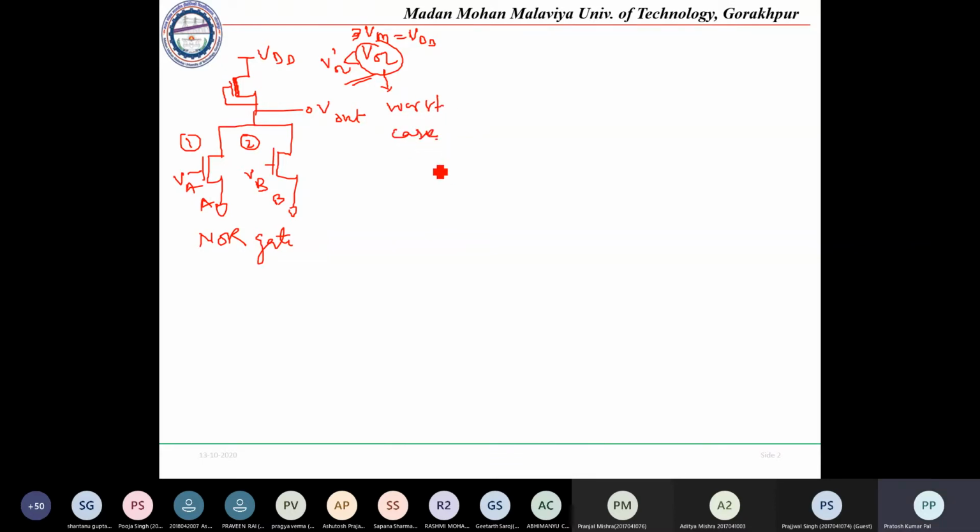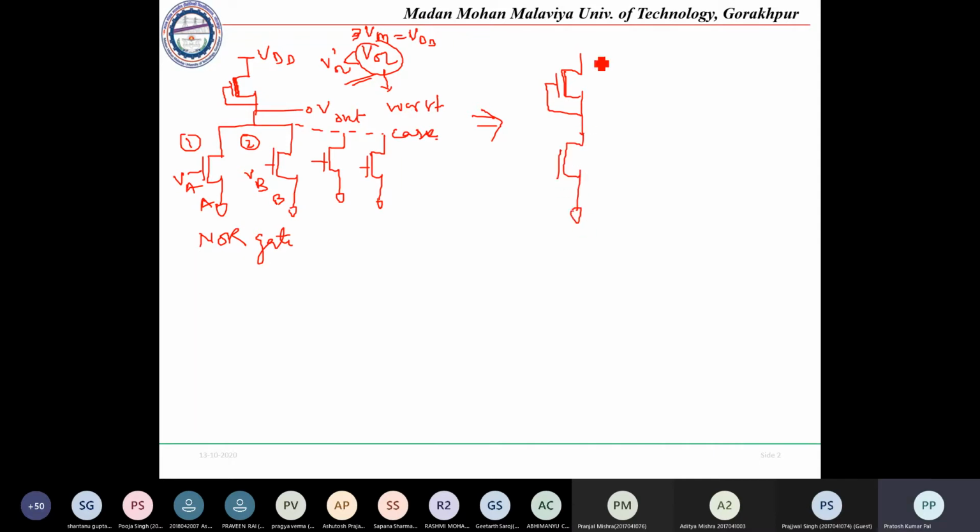Okay, and one more point we have seen in that is, suppose the NOR implementation is having more than two inputs. Okay, so suppose it is having n number of inputs. Okay, so if this is to be analyzed, then what we do is we convert this complex NOR gate that is having a large number of inputs to an equivalent inverter form. Okay, so we will be converting it into an equivalent inverter form.